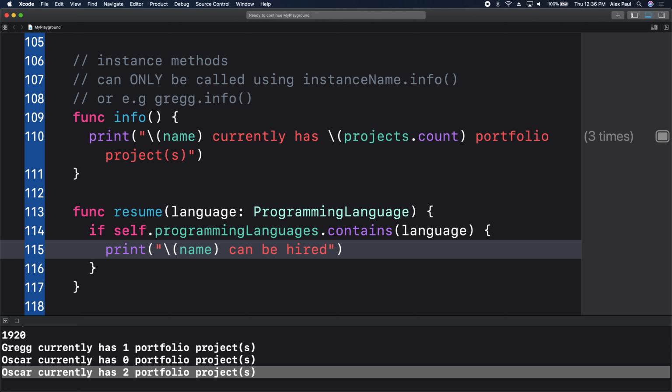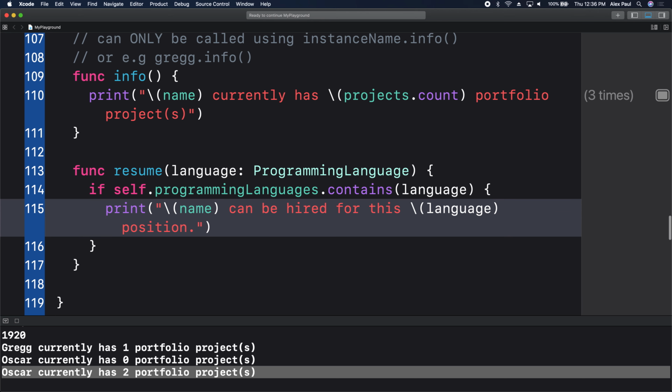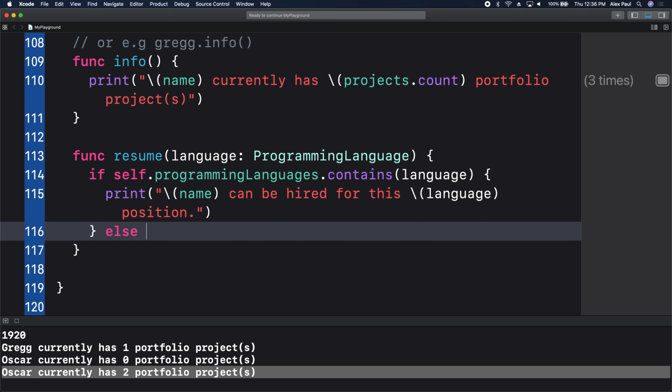Yes, which is still inside the struct, inside fellow struct. So here we have name can be hired for this language position. Great. It's awesome. Else print